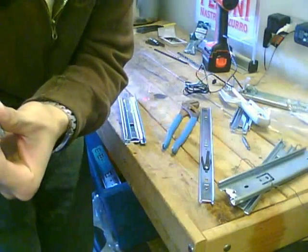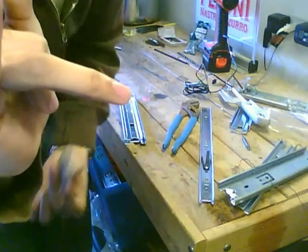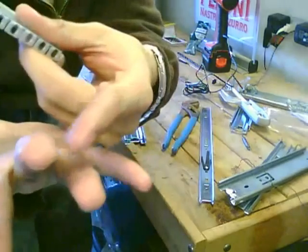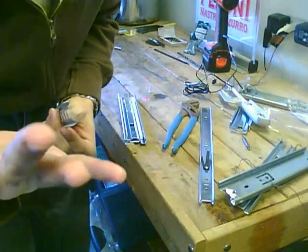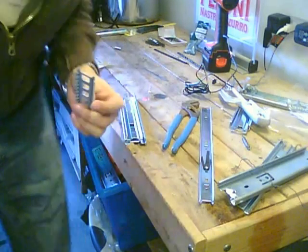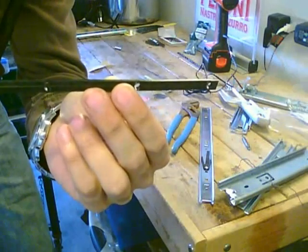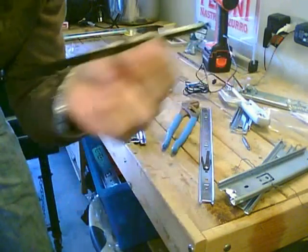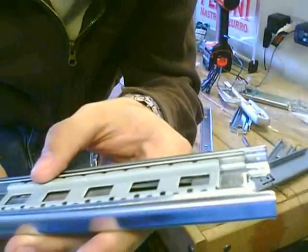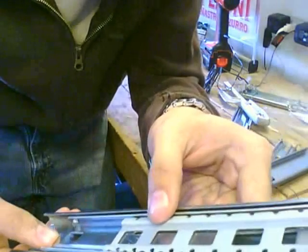What you want to do is make sure that it gets from the tip of your wrist, which is where your finger is going to grab the string, all the way up to where the tip of your finger is pointed out. And what I'm going to do right now is put the ball bearings back in. You're going to cut these down to the right size of what you just cut. So this is basically it. We're going to need to drill a couple more holes. I put the ball bearings back in. So when it slides out,